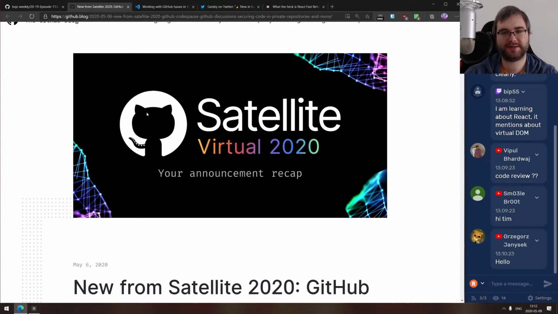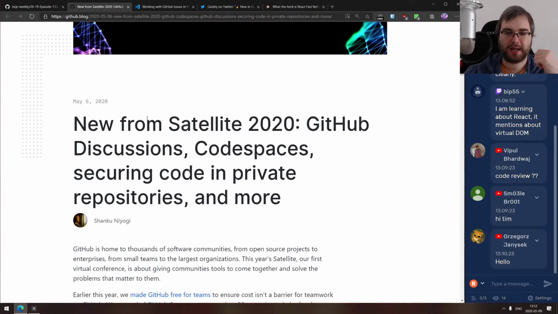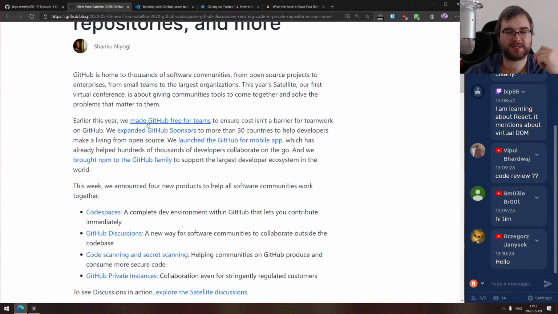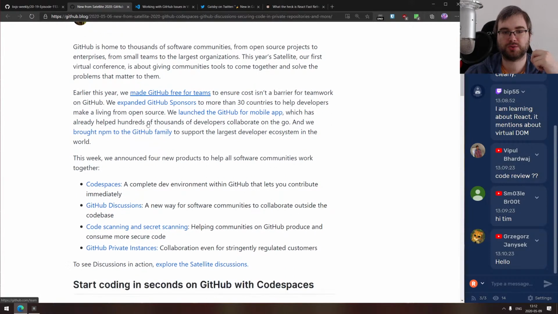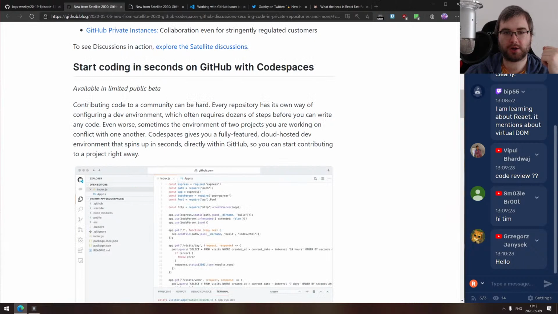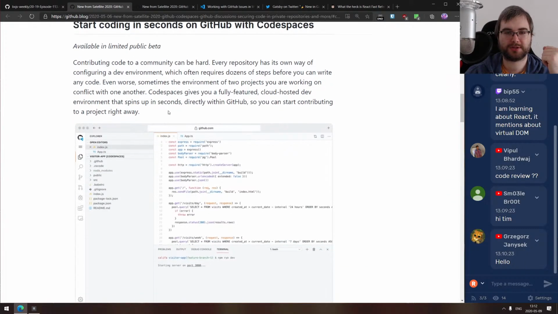The first one being the GitHub Satellite 2020, which was a completely virtual event, as you would imagine in this time. And it introduced a bunch of pretty damn cool things that they will be adding to GitHub soon-ish. So my favorite two are Codespaces. Essentially, this is a VS Code that is integrated into your GitHub. And you can start working on your repository by just clicking a button right in your browser,